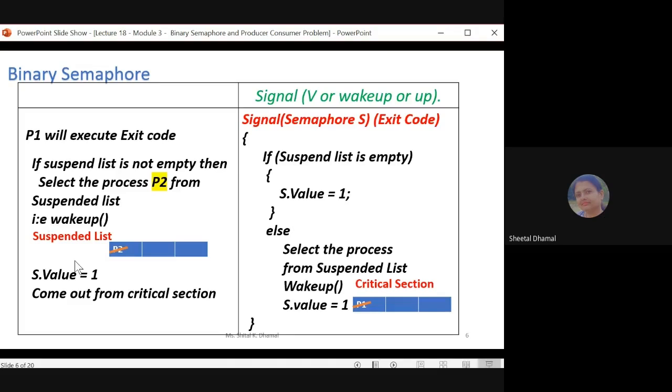Okay, suspended से वो move होगा और फिर से ready state में जाएगा and after entering into the ready state again it will attempt to access the critical section. Okay, so that process is removed from the suspended list, it is added into the ready queue and after that it is performing the wake up operation and after that again it is changing the value of the semaphore